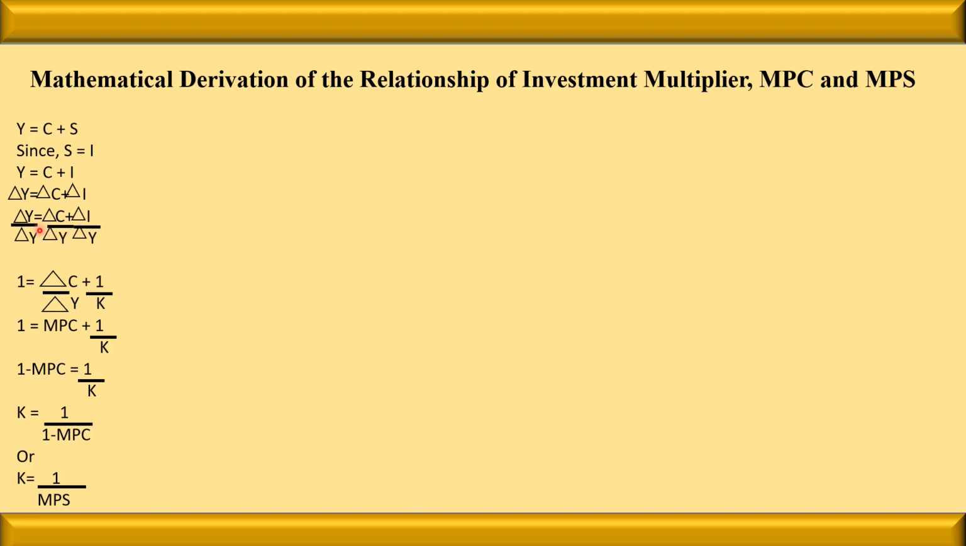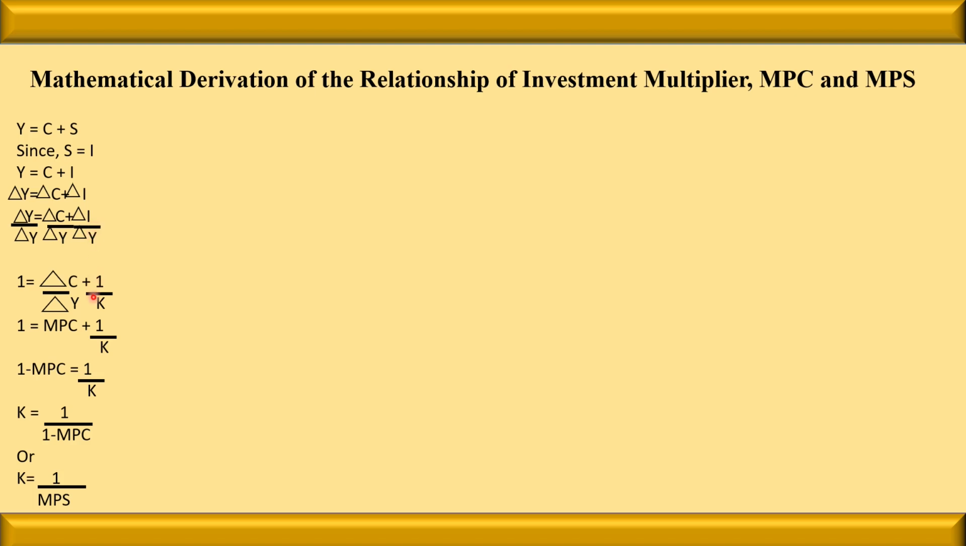Delta Y divided by delta Y is equal to delta C divided by delta Y plus delta I divided by delta Y. We know that delta Y divided by delta Y is 1, so I have written it as 1. Delta C divided by delta Y I have written as such, plus delta I divided by delta Y. We know that the formula to represent the investment multiplier is delta Y upon delta I. Here it is being written delta I upon delta Y. It means it is the inverse